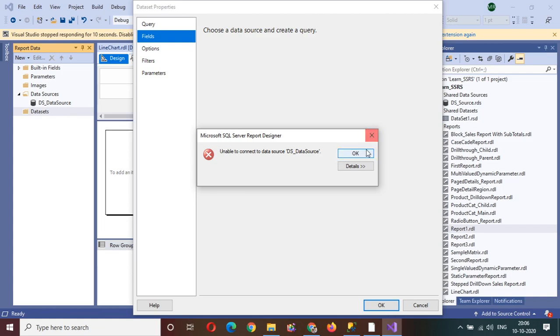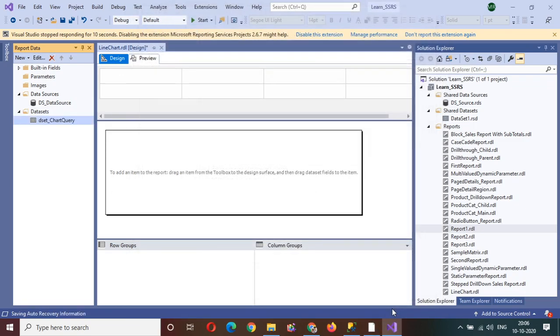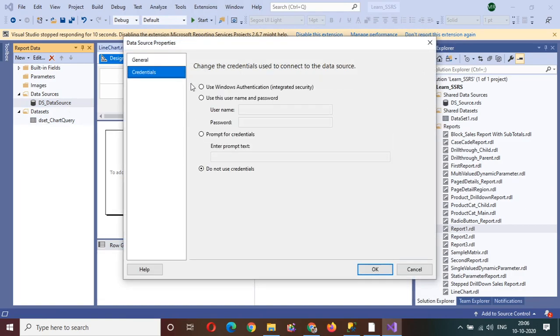So what we need to do for this: it is not able to read the DS data source. Why? Click on OK first, go back to the DS data source and see what is happening in the credential side. Sometimes it happens that it by default takes the do not use credentials option, but usually we have Windows credentials.